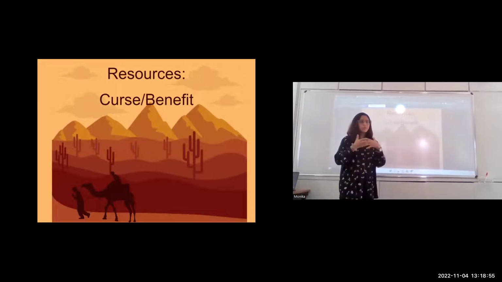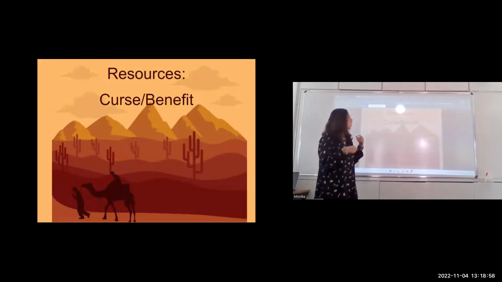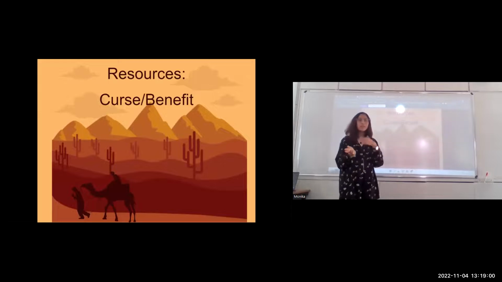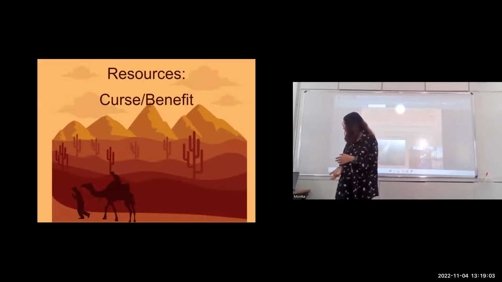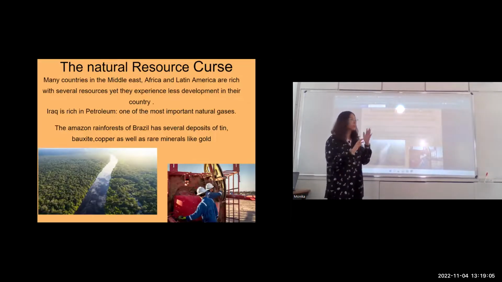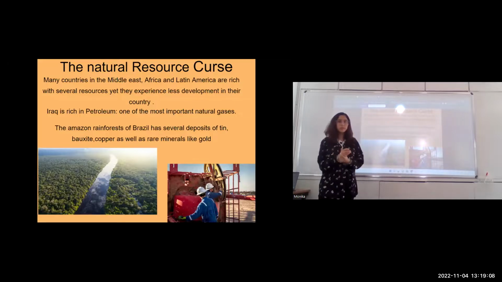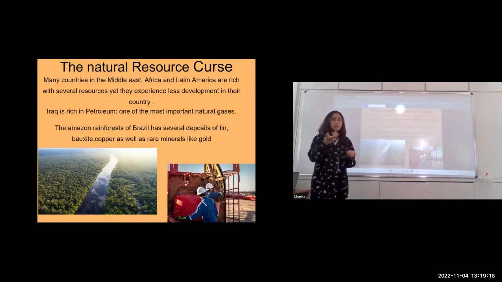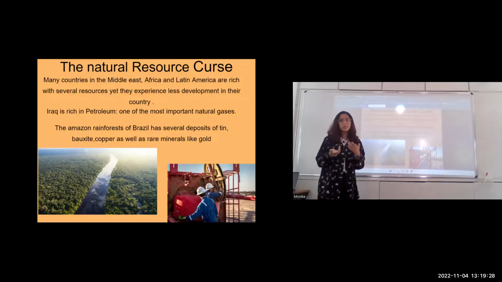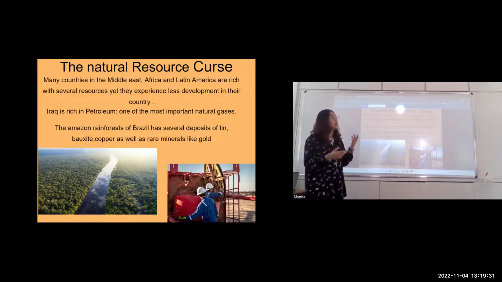So with this, I'm trying to shed light on the curse as well as the benefits of resources. Okay, so the natural resource curse. This is actually a phenomenon which is known as the natural resource curse. If you look at a very basic example, we know a lot of countries in the Middle East, Africa, and Latin America, which are actually very rich in resources. There are countries in the Middle East which are really good in oil resources. They have petroleum, and in Latin America, they have the Amazon rainforest, for example. It is very rich in certain resources like minerals and like tin, aluminum, and even gold. But